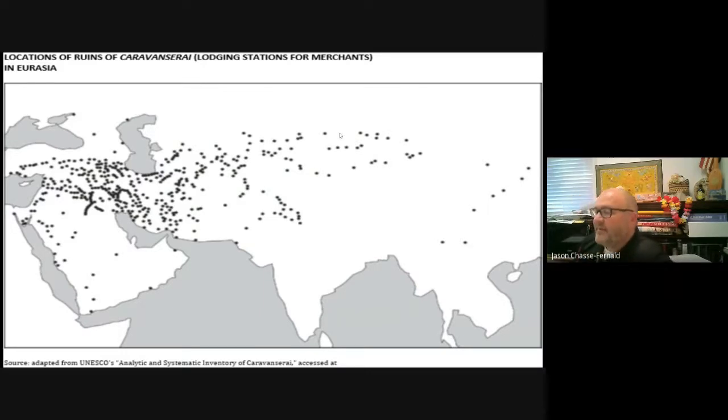So that'd be a good identification, right? Not an explanation, but an identification of the distribution. Another thing that kids identify correctly is that you can actually see, especially within the Abbasid Caliphate, where the major cities are and how they were connected. That Damascus to Baghdad route is right here. The Damascus to Cairo route, right?